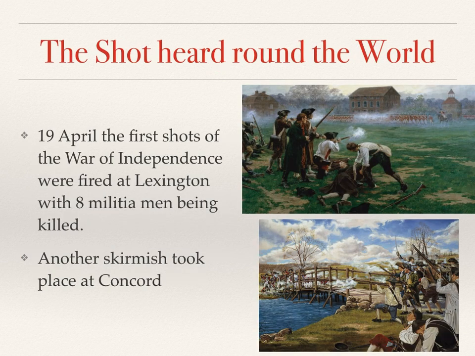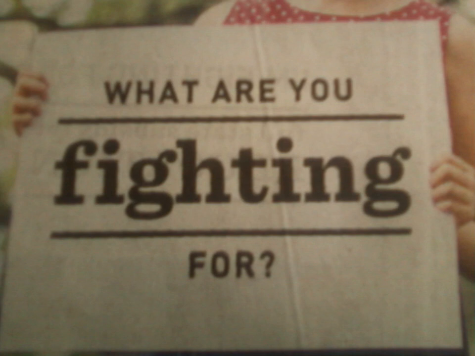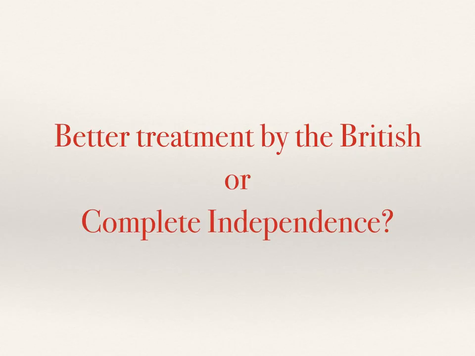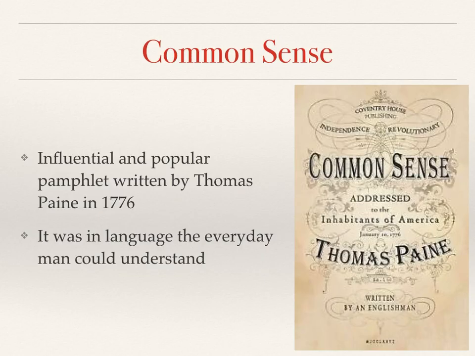As we have seen, the American War of Independence began at Lexington and Concord in April of 1775. But at this point, the Americans were unsure of what the aim was of this fighting. Were they just looking for better treatment from the British, or were they looking for complete independence? One of the writings that massively influenced the thinking of people of America was a pamphlet called Common Sense,